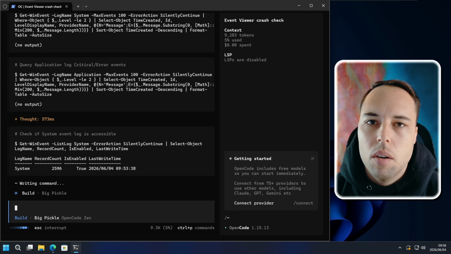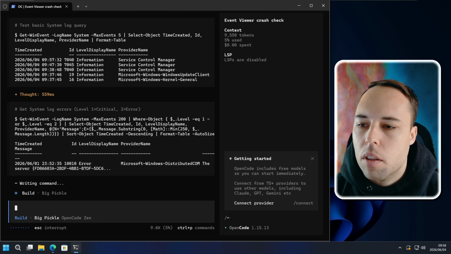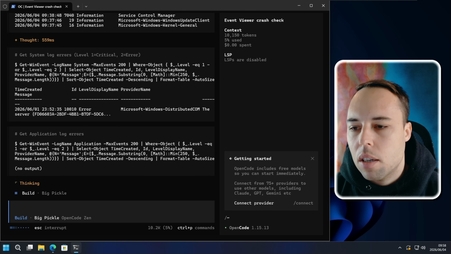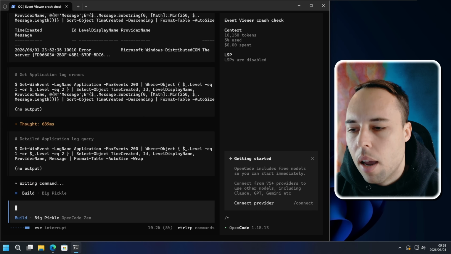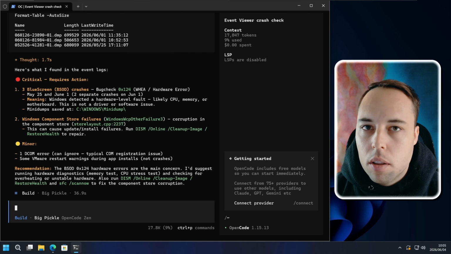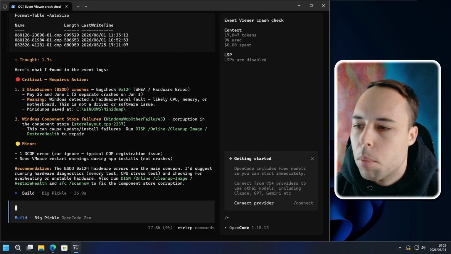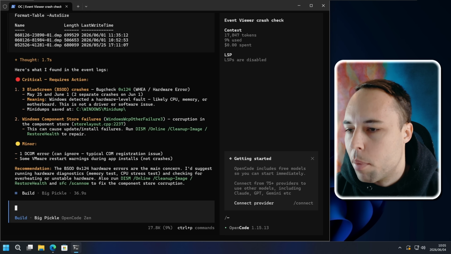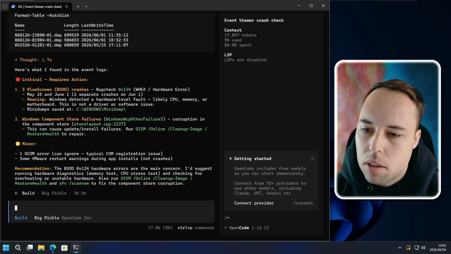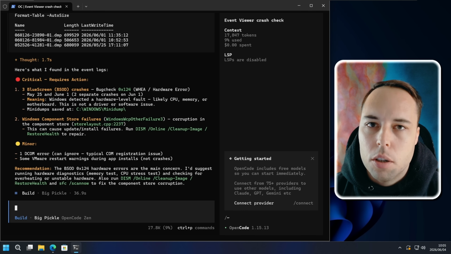get all of the Windows Event Viewer logs, and it's going to filter them, look at the most recent events, and then give me a picture about what's going on with this machine. And it took this completely free model 36 seconds to run this task. So it found some critical items. There are 3 blue screens that happened, and it gives us the bug check and what the meaning might be, and then some other minor issues as well.